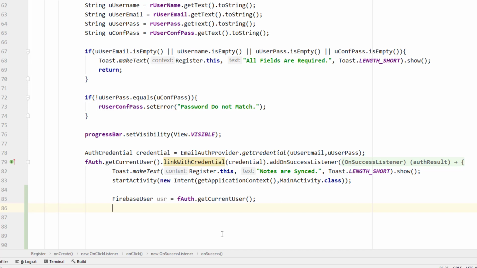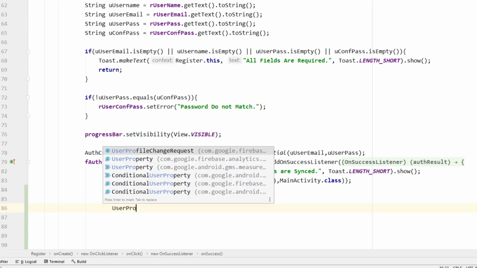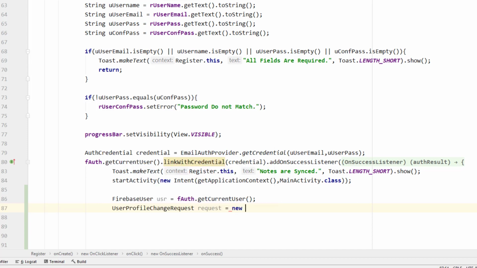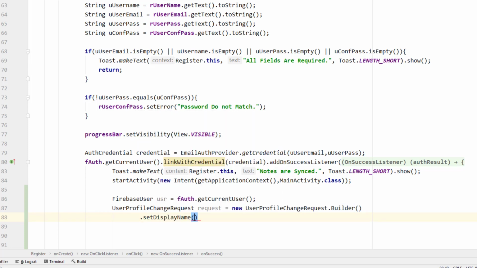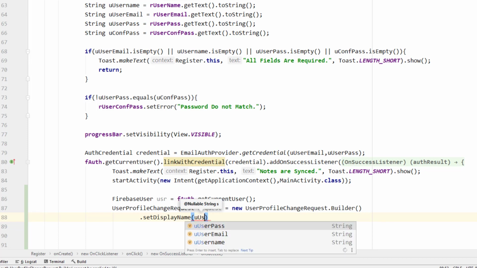So now to be able to save the username of the particular user into the Firebase authentication user profile object, I need to create the new user profile change request here. So I'm going to create new user profile change request, and we're going to use builder to add the data. Okay, so I'm going to remove this bracket here, dot builder. Now we can set the username of the particular user. So I can use set display name, and here I'm going to use username